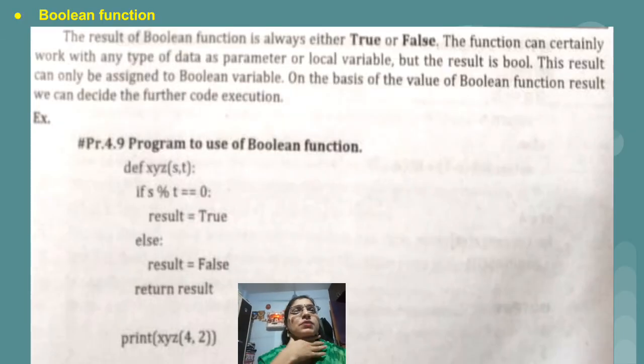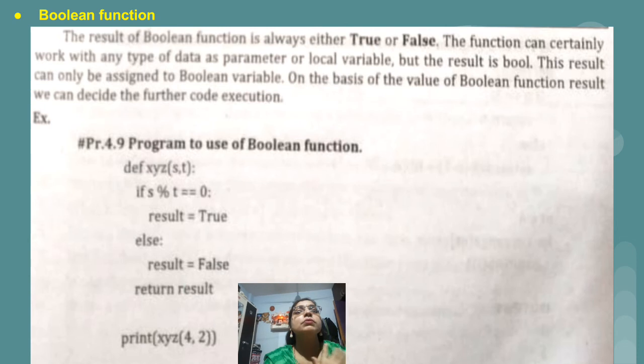Now the next topic is Boolean function. Basically, Boolean function means if the function's result is true or false, then we can call that particular function a Boolean function. Just see the example. We have created xyz function, which is a parameterized function having 2 parameters s comma t.